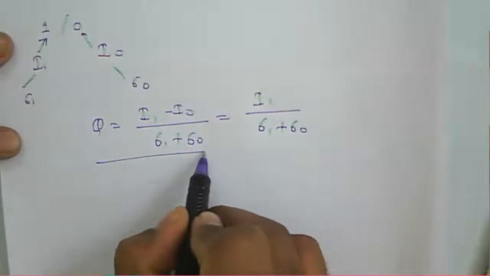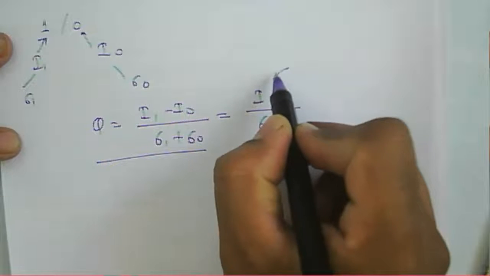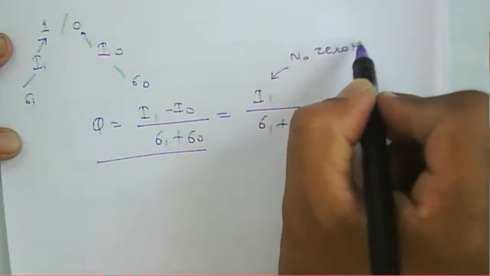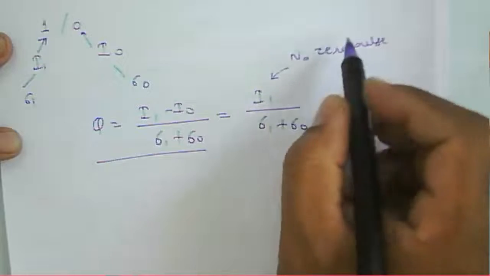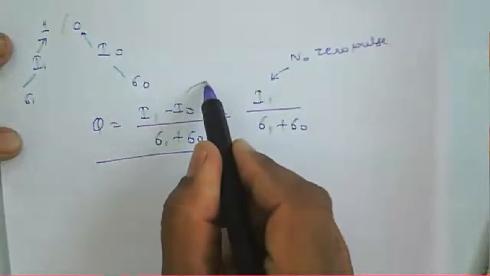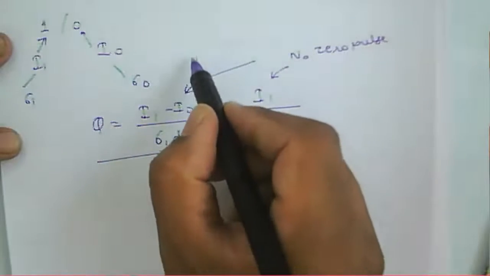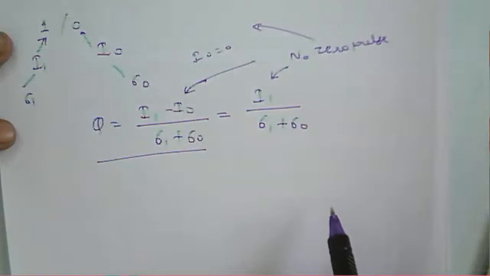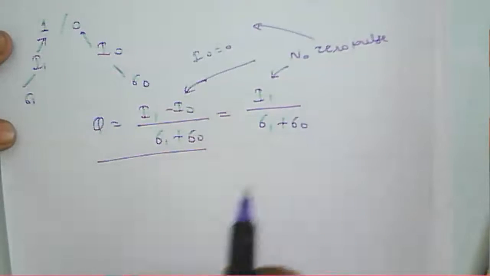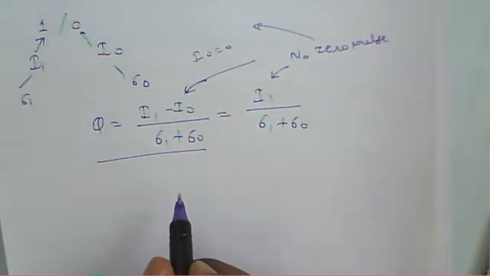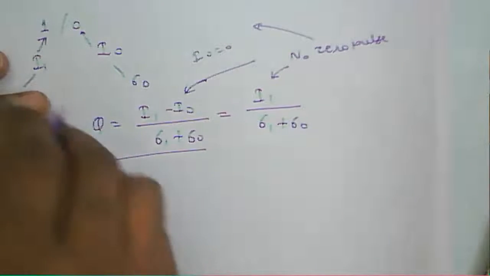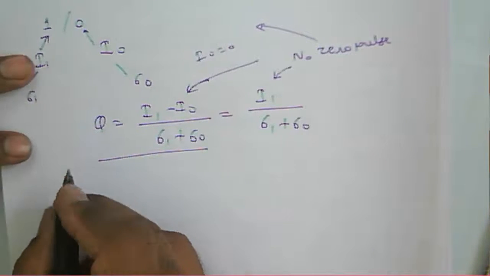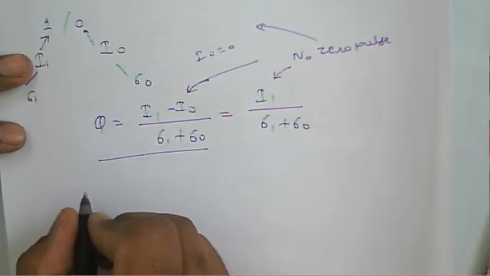This is about the equation. No zero pulse means what? I0 will be 0. I0 is equal to 0 when there is no zero pulse. So that's why it is I1 by (sigma 1 plus sigma 0). And then we can calculate the receiver sensitivity